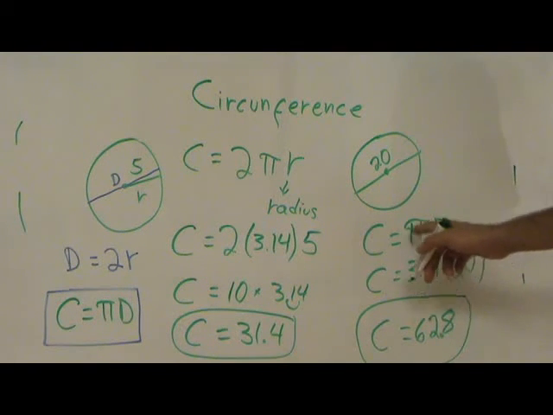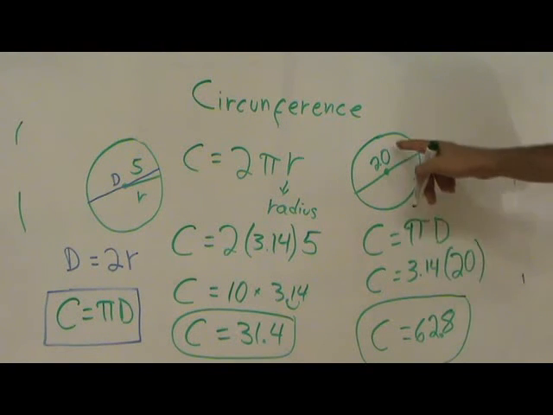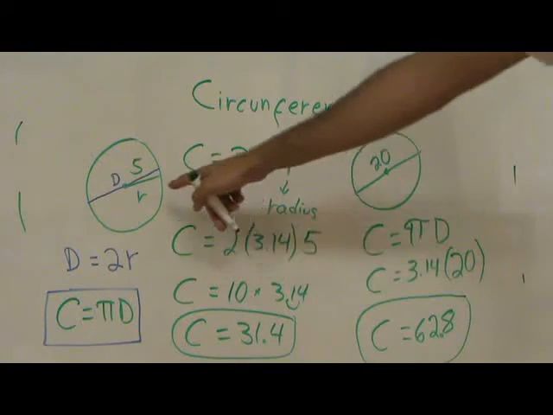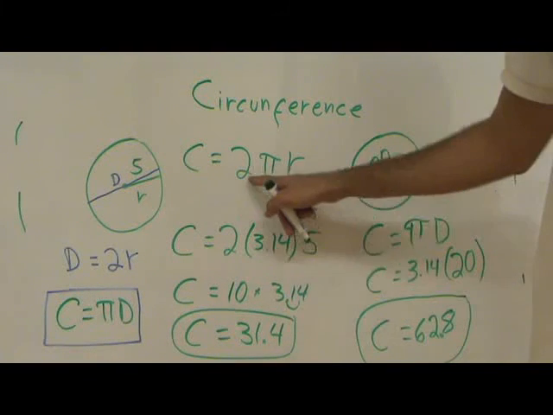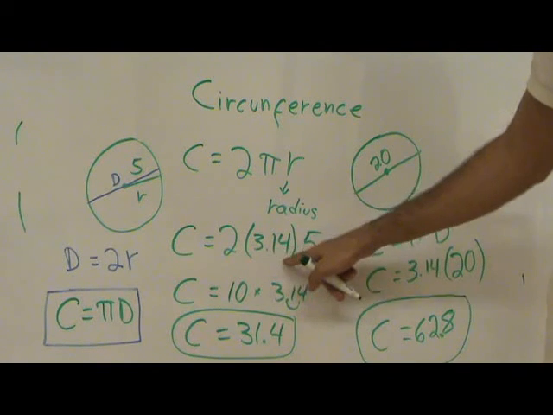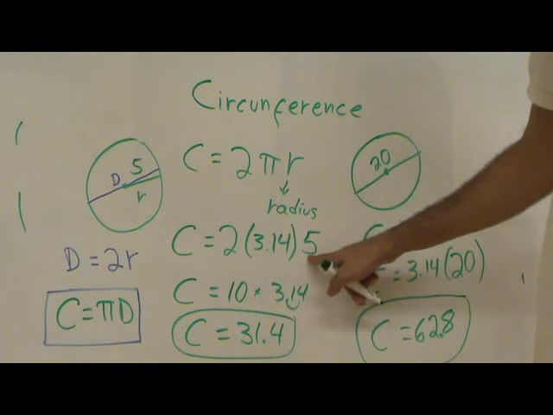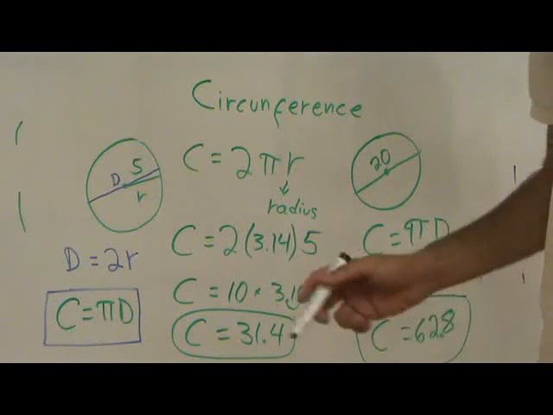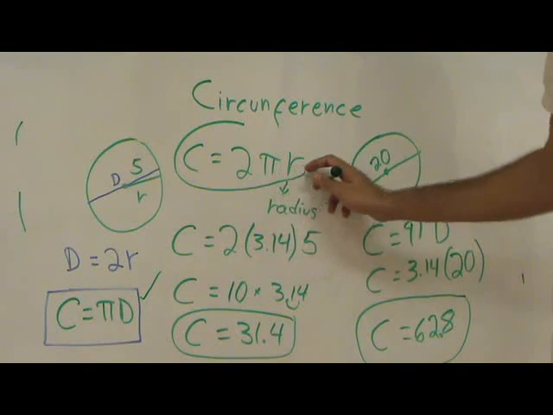You only substitute the values. In case you have diameter, you substitute D. Here it's 20. And then you multiply by pi. And in case you have the radius, like the first example, radius is equal to 5, you multiply by 2, which is part of the formula. Pi is 3.14. And the radius is 5. So 2 times 5 is 10, and then you multiply, and that's the answer. You can use this formula, pi times D, or C equal 2 pi R.